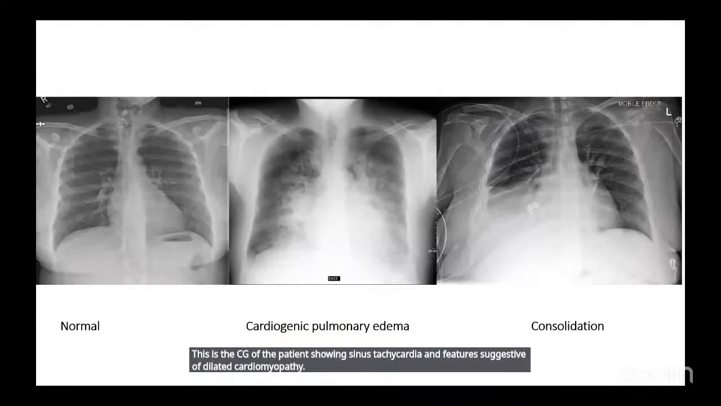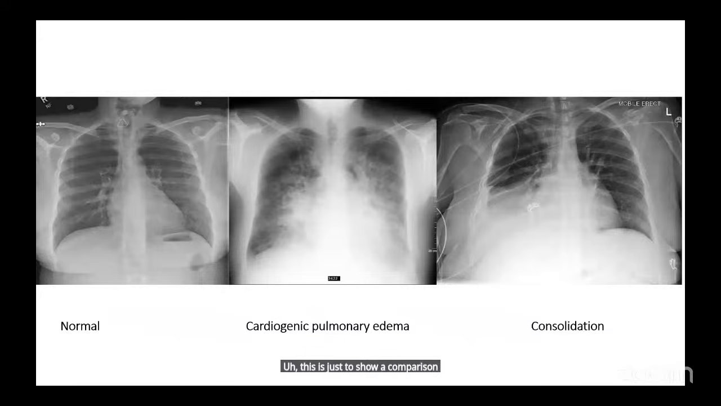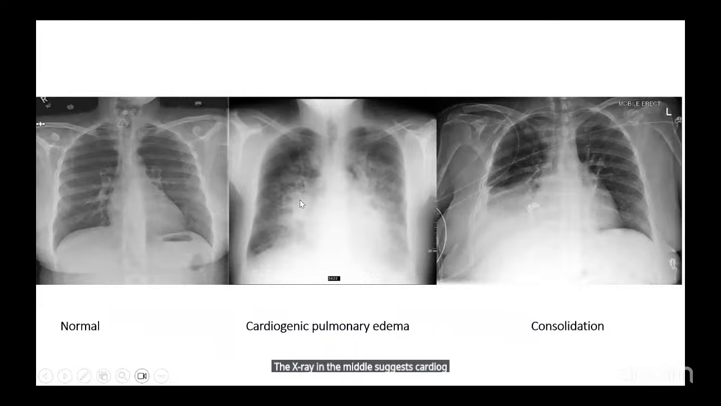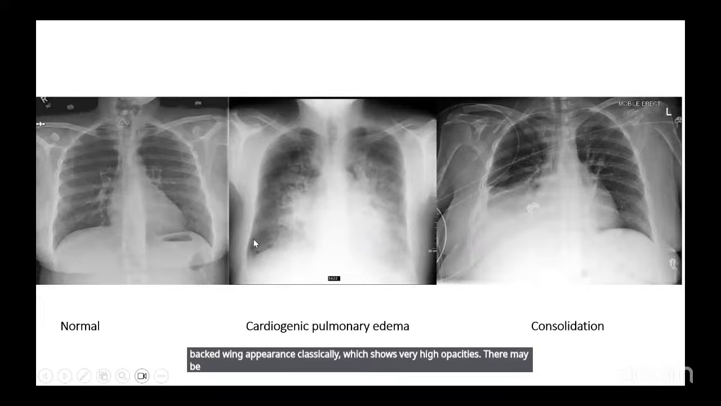This is just to show a comparison of the various X-rays. The X-ray on the left is completely normal. The X-ray in the middle suggests cardiogenic pulmonary edema. You can see the bat wing appearance classically, which shows perihilar opacities. There may be a few curly B lines which may or may not be visible in this image, but as